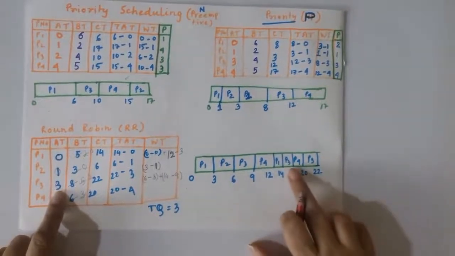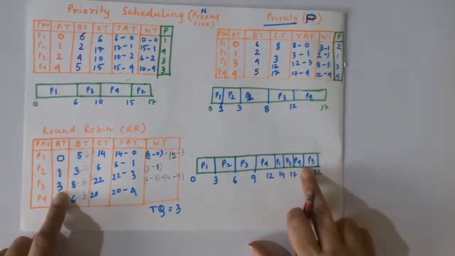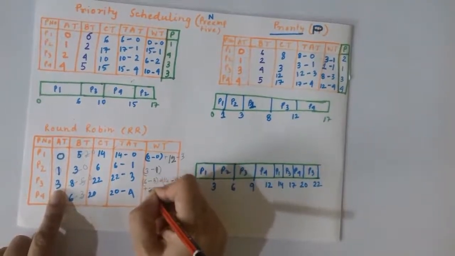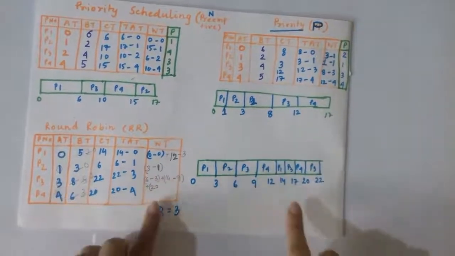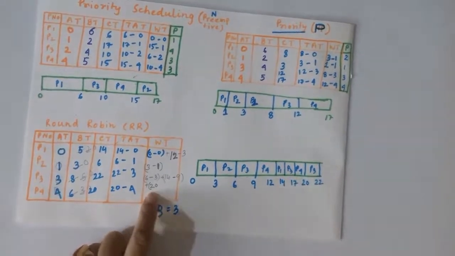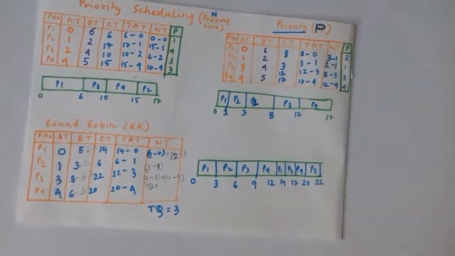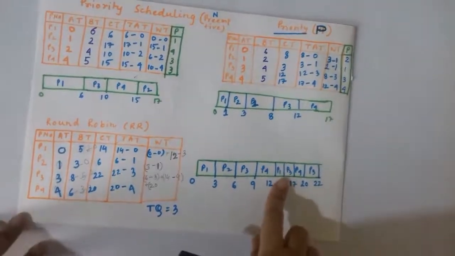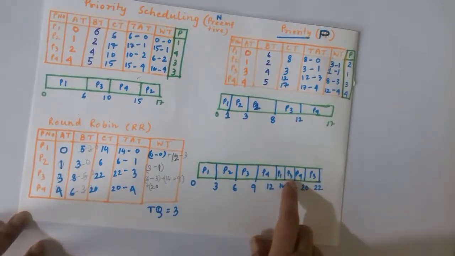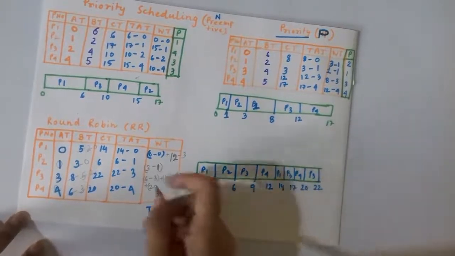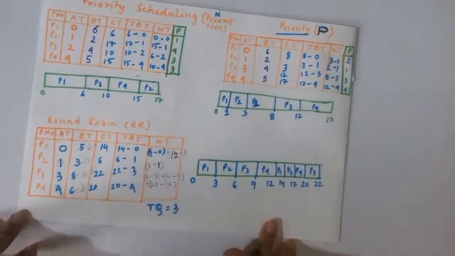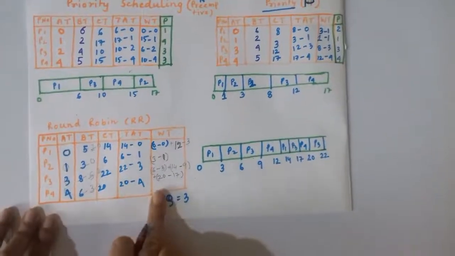One more thing, you see P3 has executed one more time here from 20. So 20 should be the first parameter of the third cycle of execution, and it will be 20 minus how much? It will be 20 minus 17. You can see here up to 17 it was working. 17 to 20 it has not executed. So it is 20 minus 17.